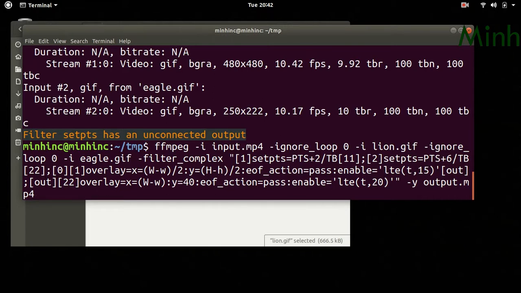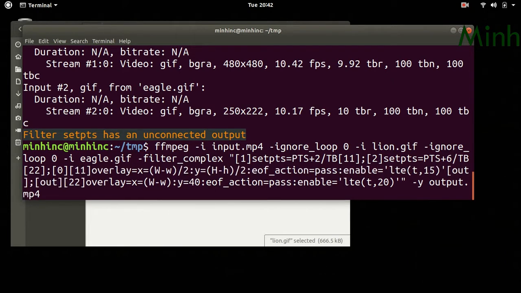setpts equal to PTS plus 2/TB, setpts equal to PTS plus 6/TB.